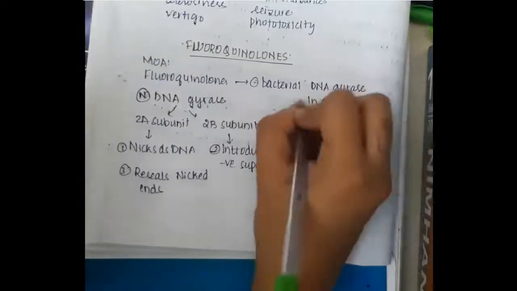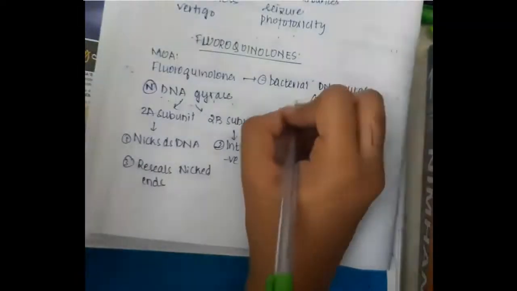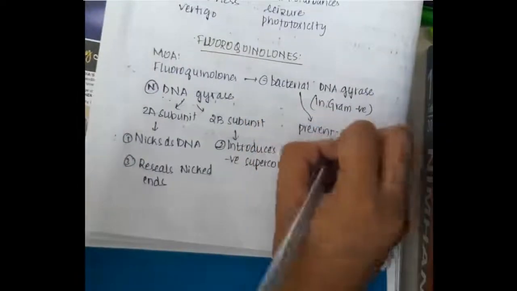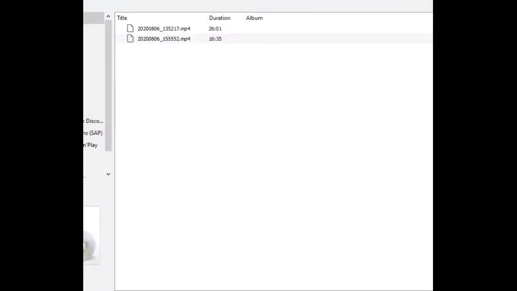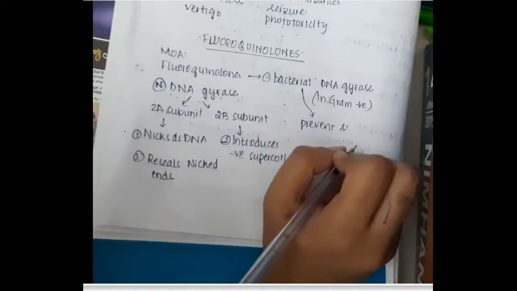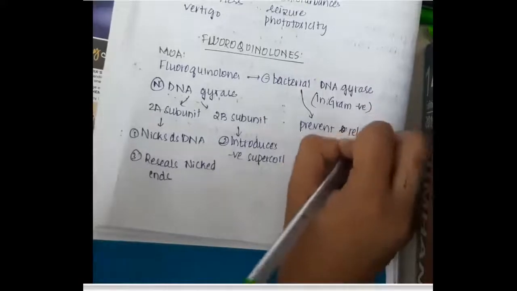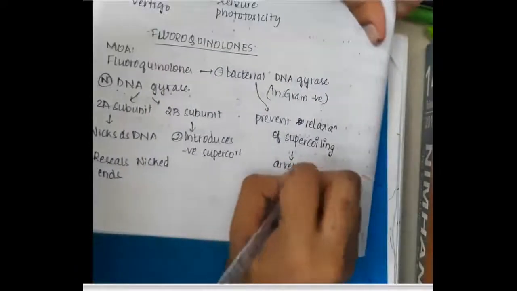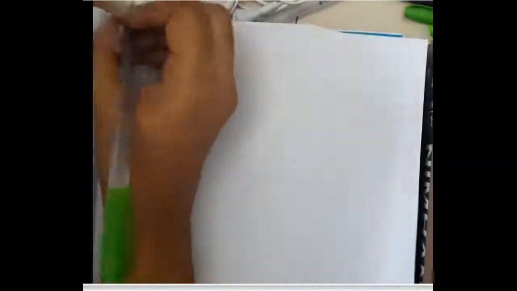Now if we inhibit this DNA gyrase enzyme in gram negatives, it will prevent the relaxation of supercoiling, and thus it will arrest the DNA replication. And then in gram positive